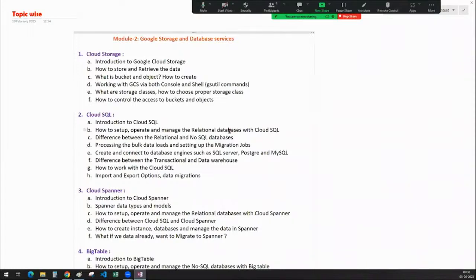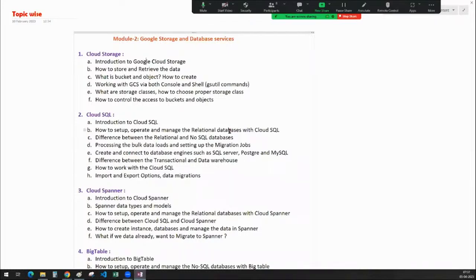Why is it important? What kind of a tool is it? What kind of data is it going to store? All the things related to Google Cloud Storage. And not only that, a very important thing is the security aspect, because Google Cloud is one of the scalable and secured platforms. So when you say secure platform, how do you make sure that it is secure?